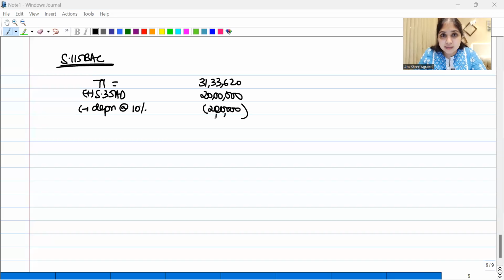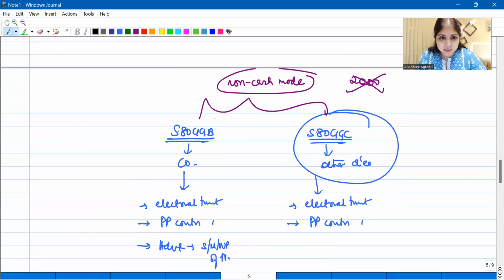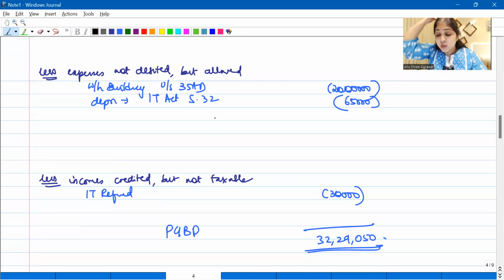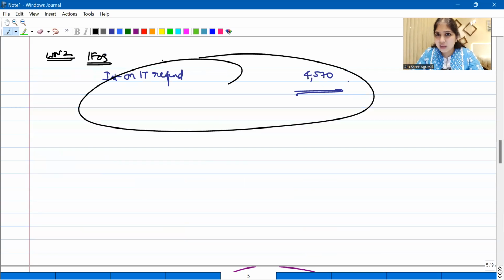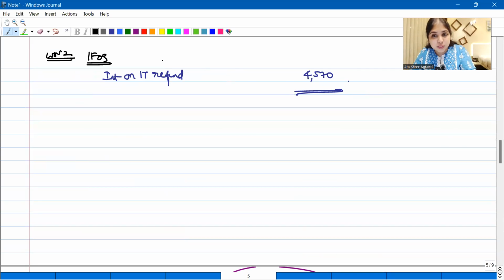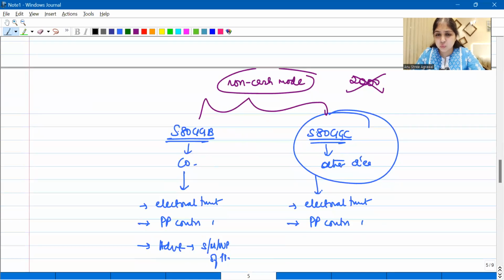Then tell me my next, so in depreciation, no other major benefit I have availed, which I have to reverse. Otherwise, in depreciation, what are the benefits that we reverse generally? Section 35, contribution to outsiders, we reverse. Additional depreciation, we reverse, right? So all that we anyways don't have. Then IFOS, we don't have anything at all. In IFOS, what do we reverse generally? That family pension deduction, that we reverse. But anyways, we don't have that.